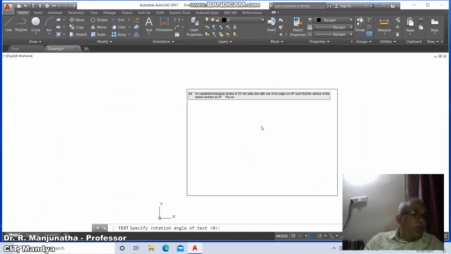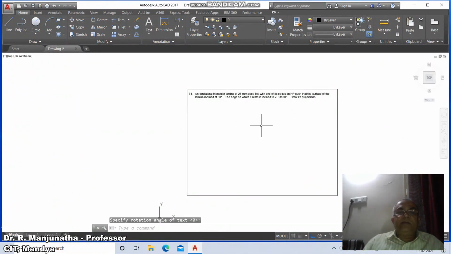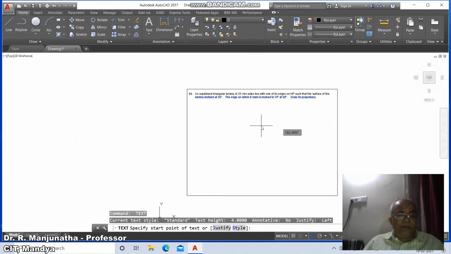The edge on which it rests is inclined to VP at 60 degrees. Draw its projections. Enter. Now we go for zoom extents.